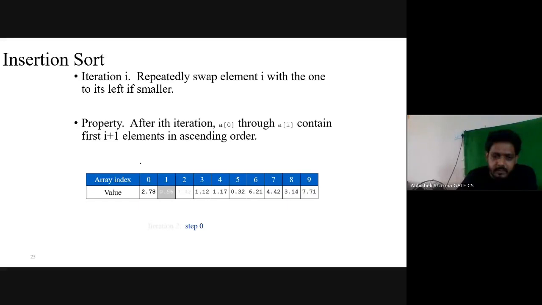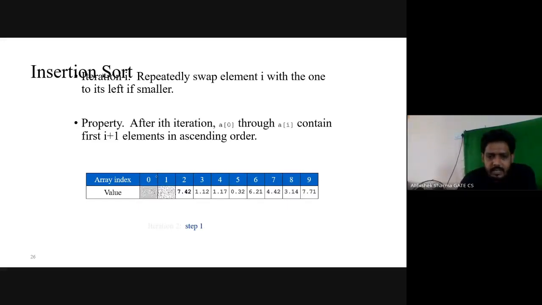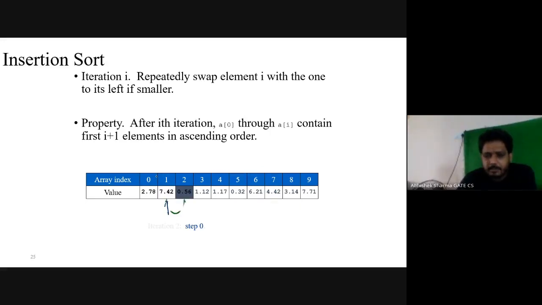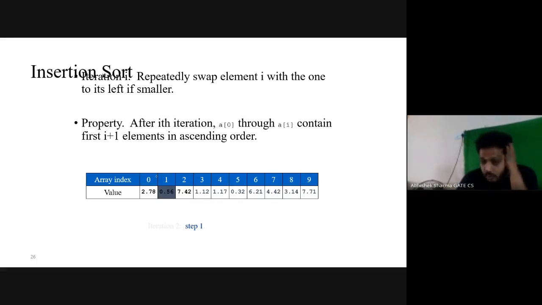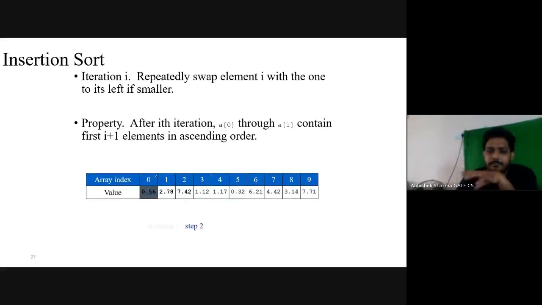Now 0.56 will be compared with 2.78, and it will be swapped again. So 0.56 compared with 2.78 and swapped, and this is the result. This is my second iteration. The first iteration was here, the second iteration started from here. Now this is my third iteration.